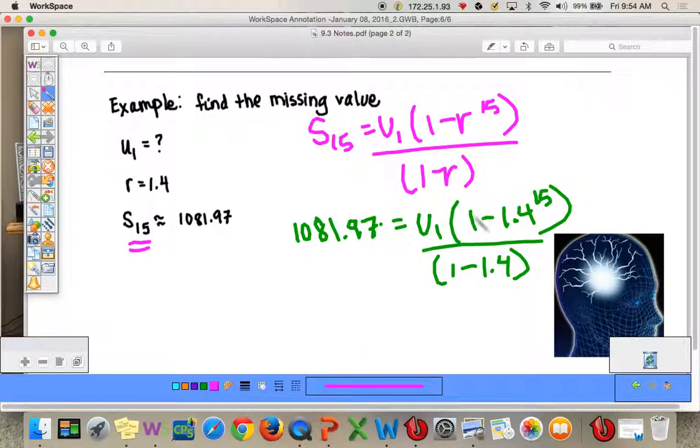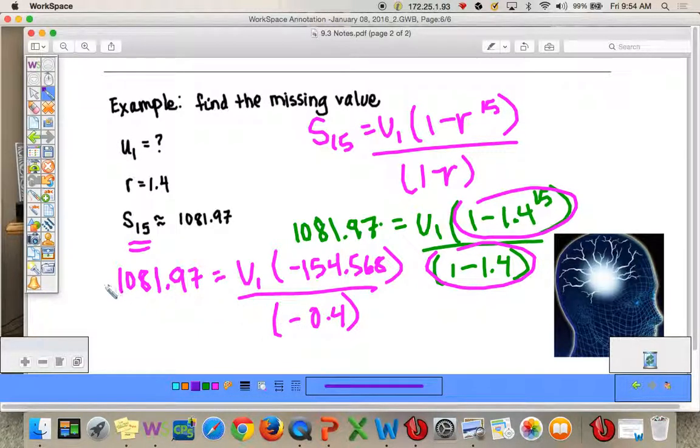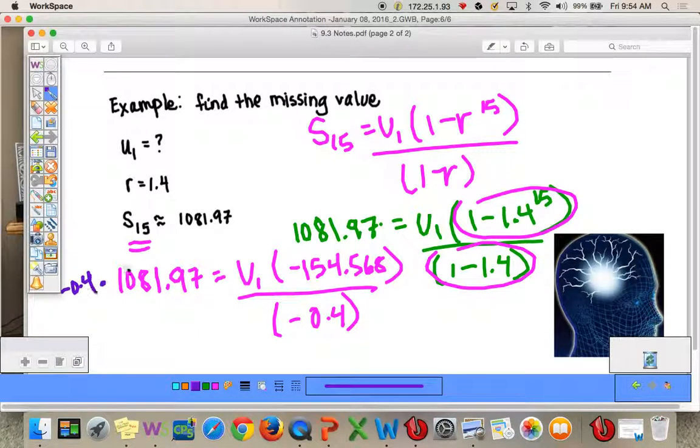All right, I'm going to change these to numbers. So we have 1081.97 equals u sub 1 times negative 154.568 over negative 0.4. All right, I'm going to get rid of this negative 0.4 by multiplying each side by negative 0.4. Okay, so this cancels. I get, and then dividing. So I get, I wrote it here, negative 432.788 equals u sub 1 times this negative